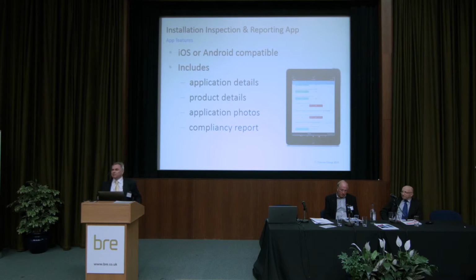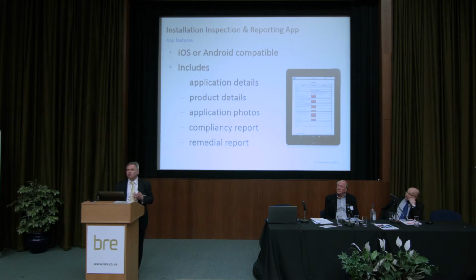And then, as you can see there, you'll have various different headings, and it will tell you whether that particular installation is compliant or non-compliant. If it's non-compliant, then it will recommend what needs to be done. So there will be a remedial report coming out of this as well, giving you any remedial actions that need to take place. So you're getting a very comprehensive